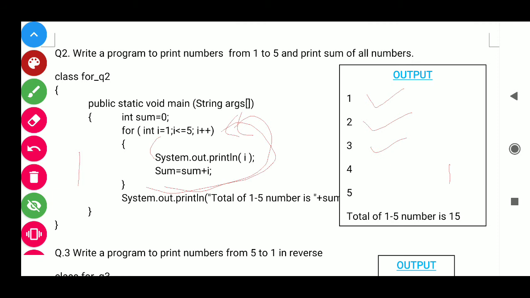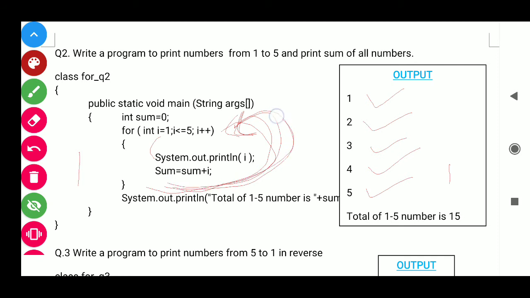Then again it will go to I will become 4, system out println I, 4 will be printed, sum was 6, 6 plus 4 is 10, sum has become 10. Again it will go to I will become 5, it will print 5. Sum was 10, 10 plus 5 is 15. Assigned to sum will become 15.